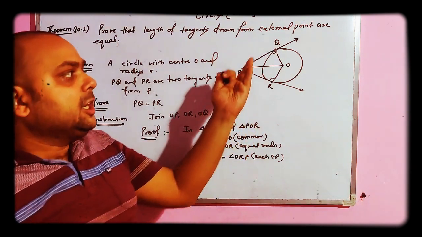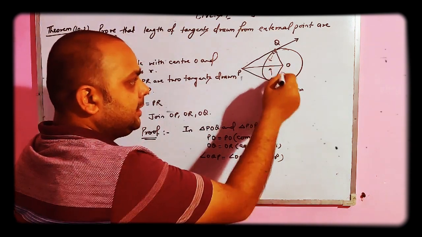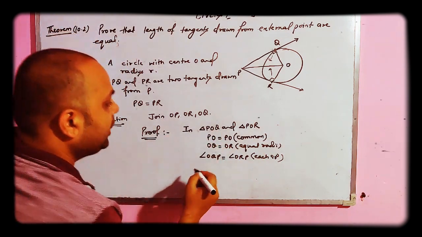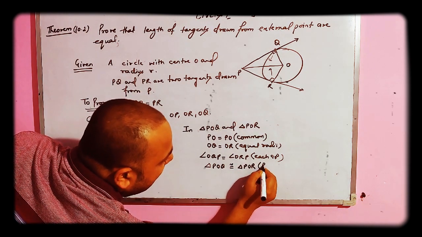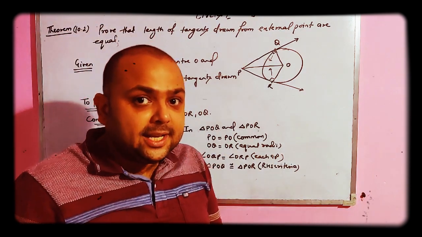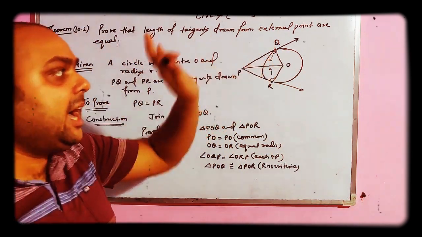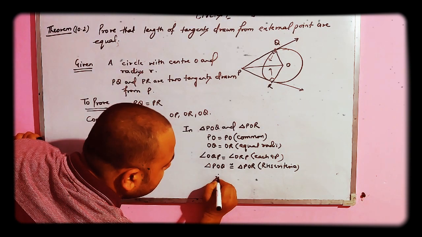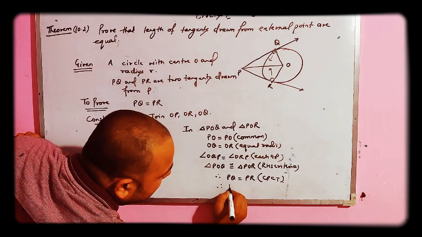So here we have the side opposite the 90 degree angle equal, that is the hypotenuse. So the criterion here is RHS, right angle, hypotenuse, side. So triangle POQ is congruent to triangle POR by the RHS criterion, because here we have a right angle, hypotenuse and a side. As we have the radius, then we have 90 degrees and then we have the hypotenuse. So the criterion used for congruency is RHS. By this we get PQ equal to PR by CPCT. Hence the lengths of